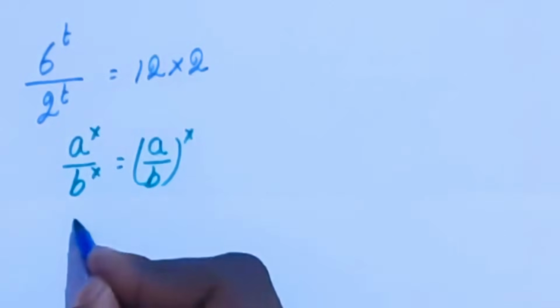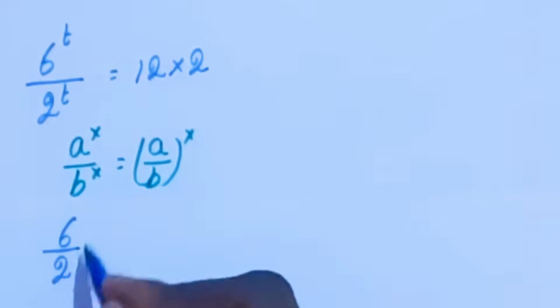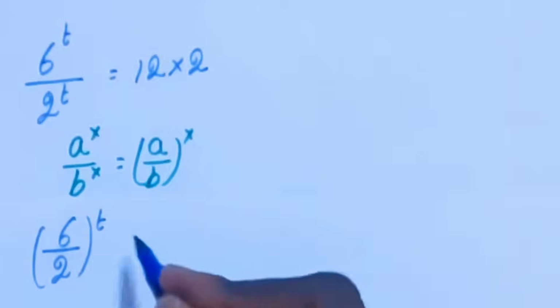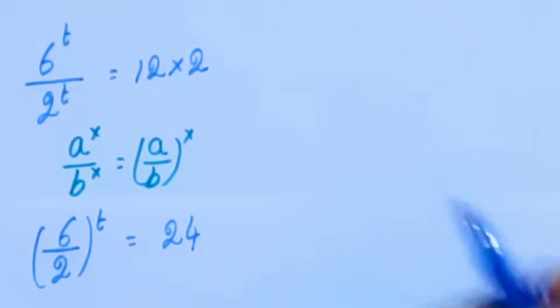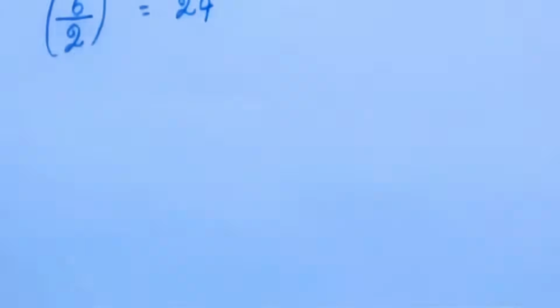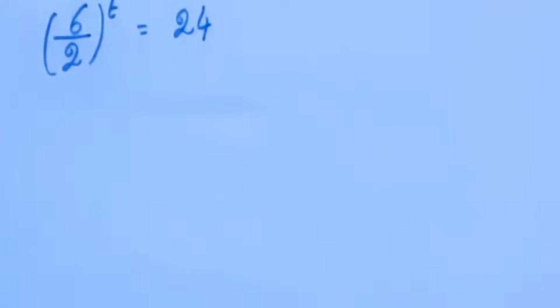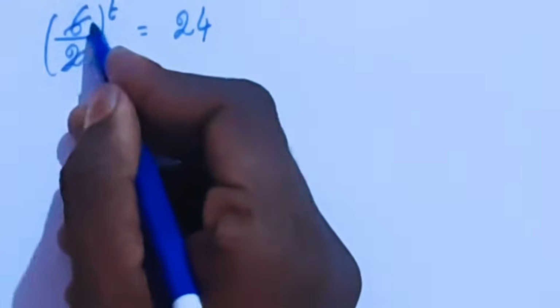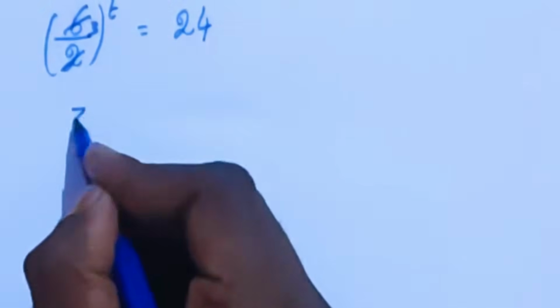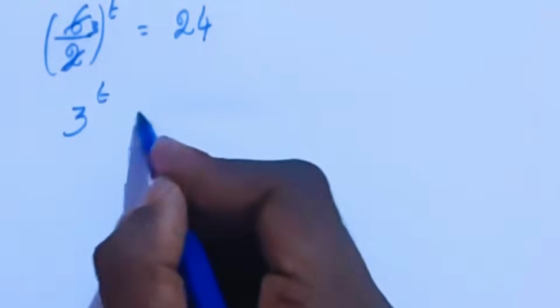So 6 by 2 whole power t equal to, this is 24. Now to simplify this, we'll have 3 here. So 3 power t equal to